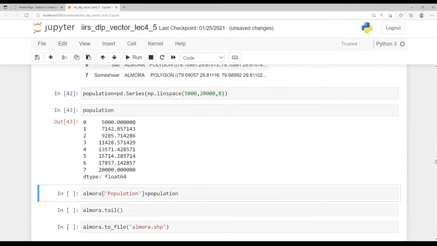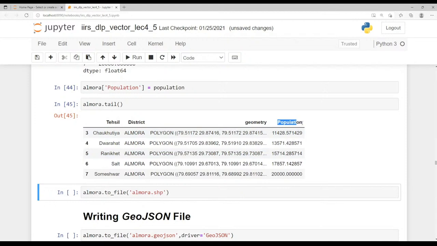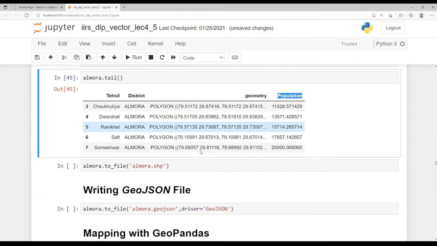So in Almora, I am creating a new column with the name population and storing these values in it. Now if I see Almora, a new column named population got stored. So I have a geodataframe with 3 attribute series and a geometry column. The geometry column is a special GeoSeries containing the geometry. Now for writing the file to a shapefile,